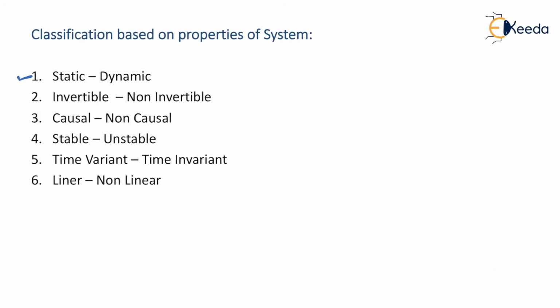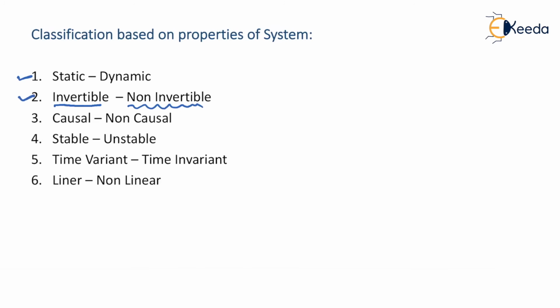Secondly, let's say we have a particular system to which we give an input x of t and we have some output y of t. Of course, y of t is not equal to x of t. After processing x of t, we got some y of t. Now, if taking this y of t and reprocessing it in another system we are able to get our original x of t again, then it is called an invertible system. And if we are not able to do so, then it is called a non-invertible system. We will be learning this in detail in the next video lecture.